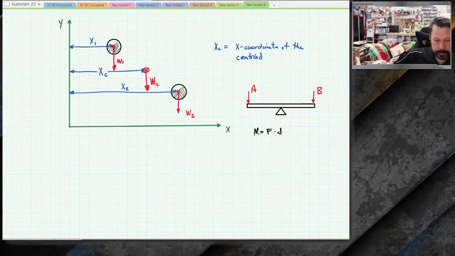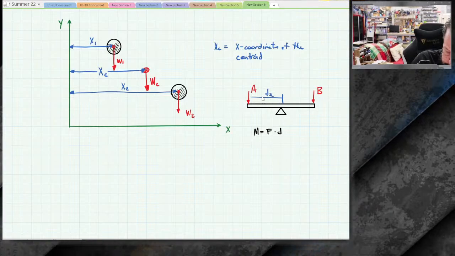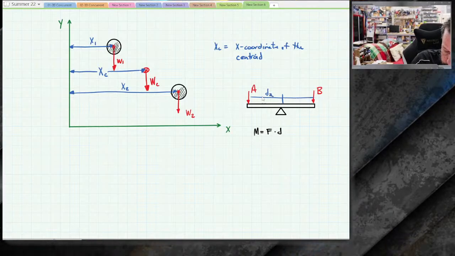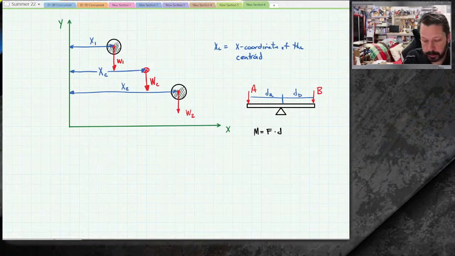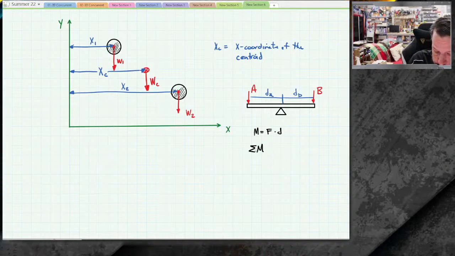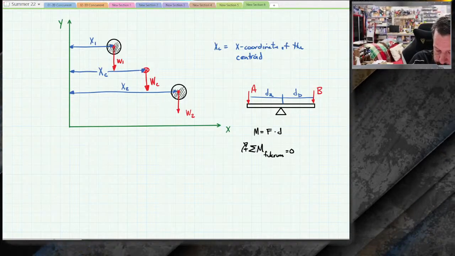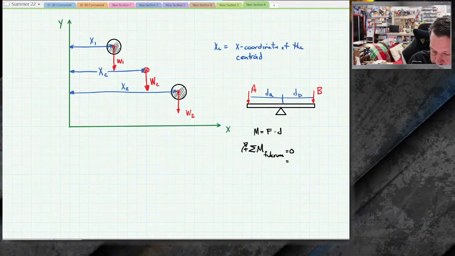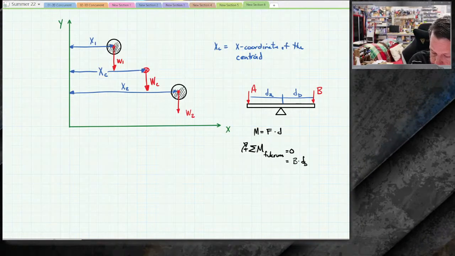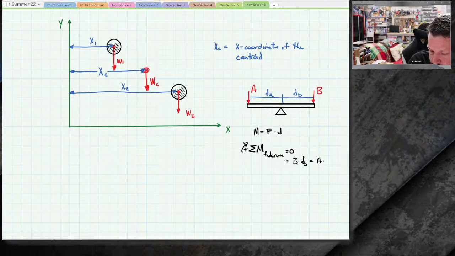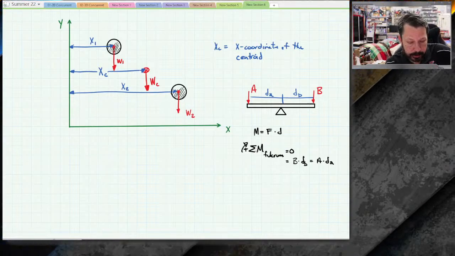So person A over here times their distance, we'll call that dA, should equal person B times their distance for it to be in equilibrium. That would be the summation of moments about the fulcrum equals 0. Let's do clockwise positive. That means B times dB is going to equal A times dA. So I'm just doing a summation of moments. I could do the same thing